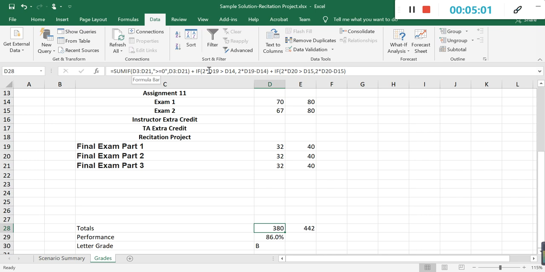to our totals. And the second formula means that if the score of final exam part 1 is bigger than your exam 1, we will use the final exam part 1 to compute your total points. If not, we just use exam 1. Okay. So the third formula is also the same. If the final exam part 2 is bigger than your exam 2,